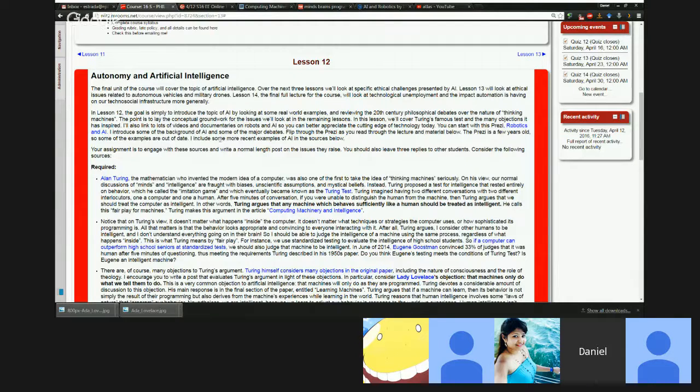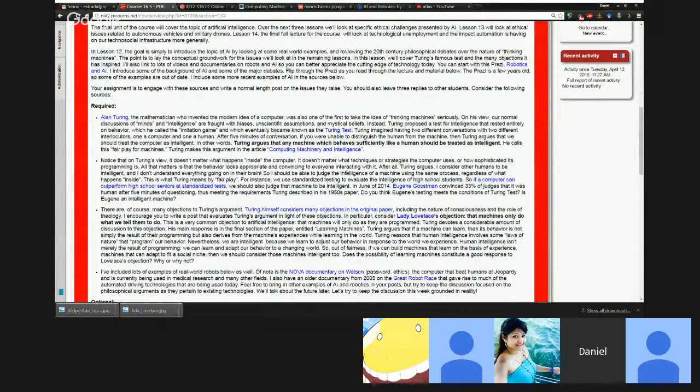In lesson 12, we're going to go over some of the philosophical background. We're going to read Turing's famous 1950s paper, Computing Machinery and Intelligence. This is where he proposes the Turing test, which you might have heard of. It's a rather famous test for thinking machines. So I want to go over Turing's views, how the Turing test works and what it means, and then some of the implications. Some of this is a little bit out of date.